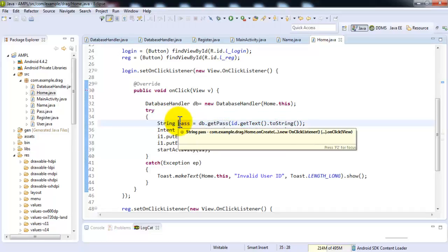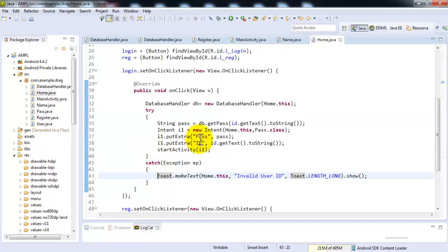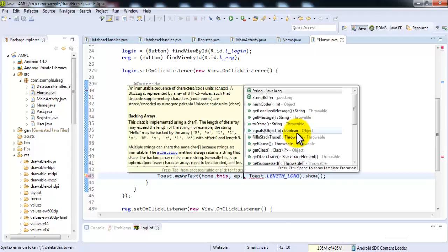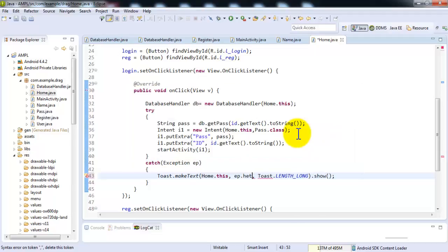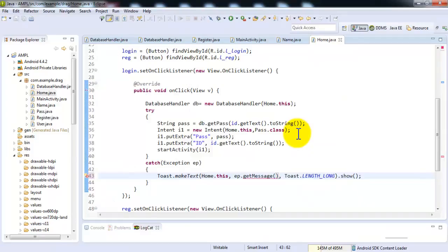If there are any errors, it will go to the catch and perform what you have written. To get the error, you can say e, that's our exception object, and you can say getMessage. This will display the error message, and you will come to know what the problem is